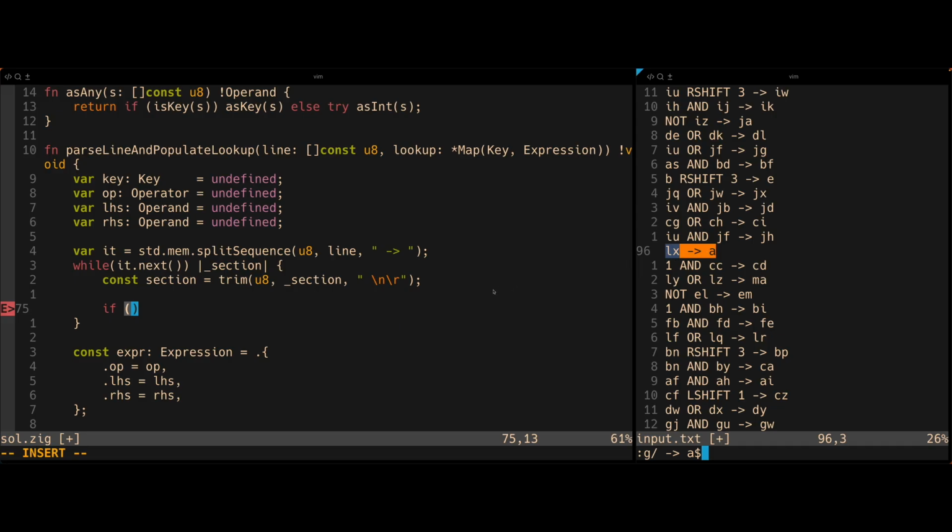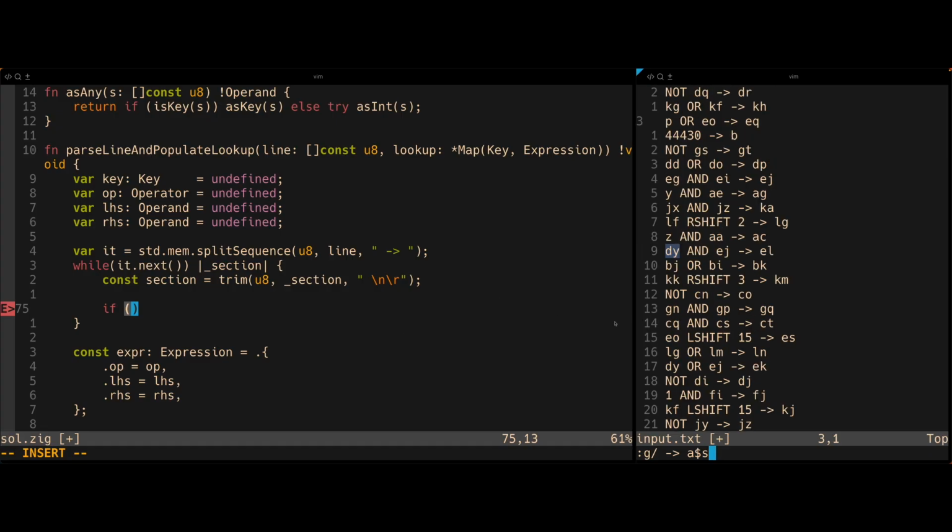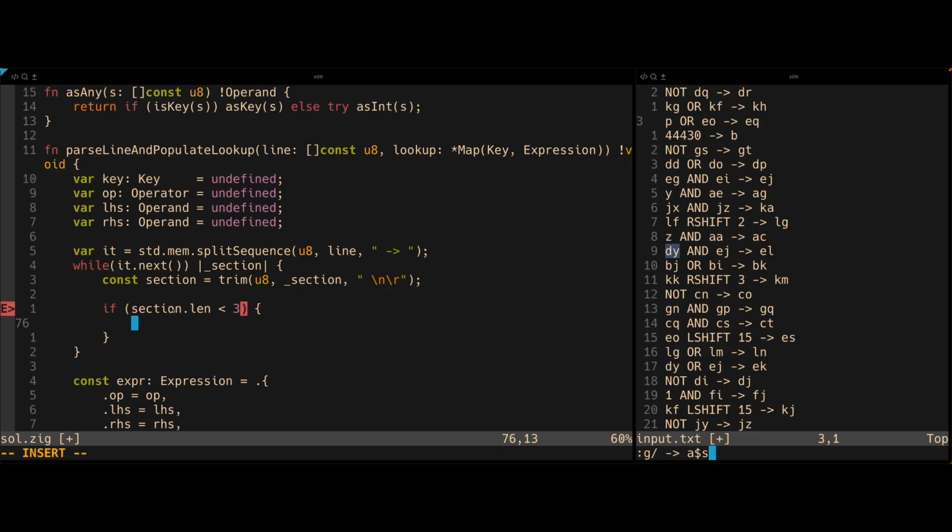So if I come back over here and say section dot len is less than 3, I should be able to say this is an assign operator. Again, Zig will infer. And then else if